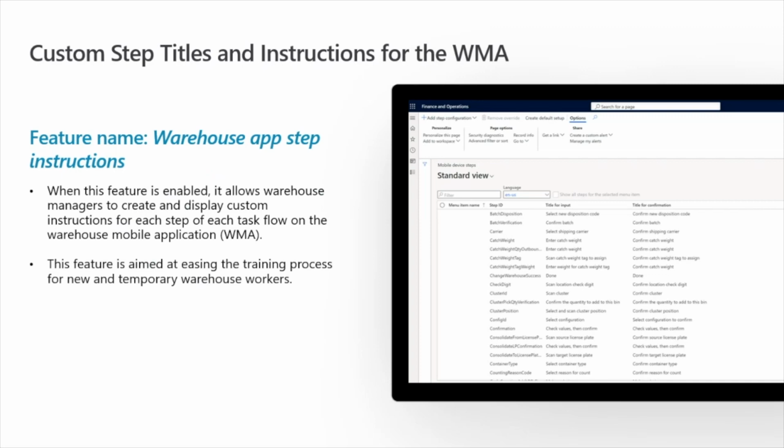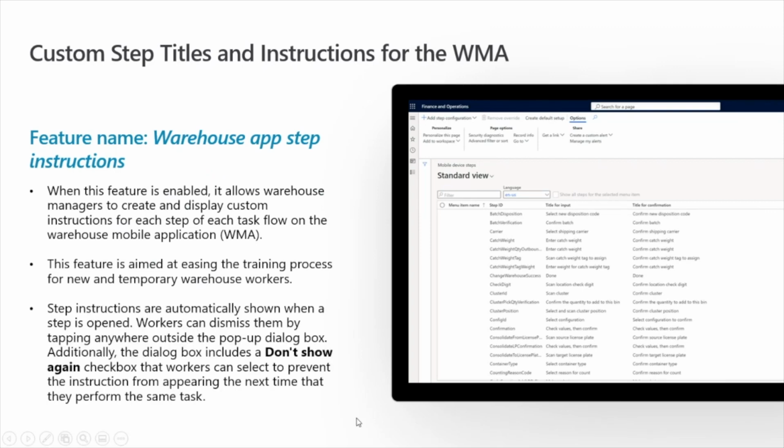This feature is aimed at being able to hand that new temporary worker a mobile device and send them out into the warehouse to complete whatever task they're doing. They should be able to click through the workflow, have the instructions and the detail, without any extensive training beforehand. So that's what this feature is aimed at.